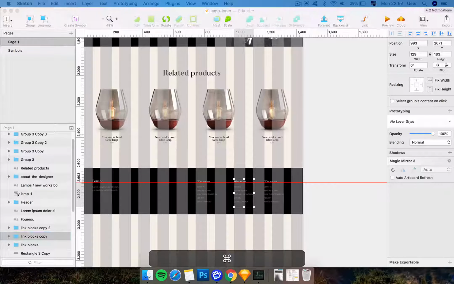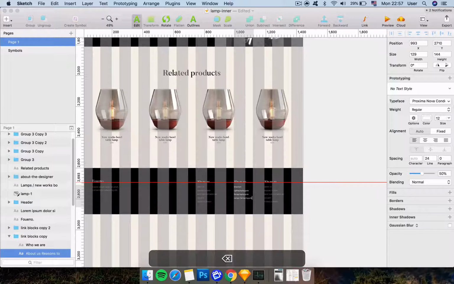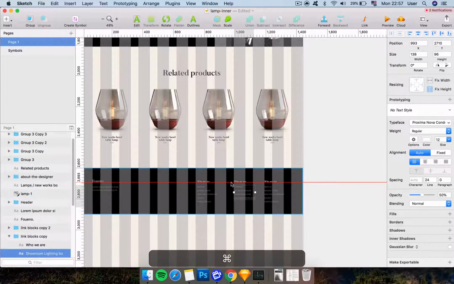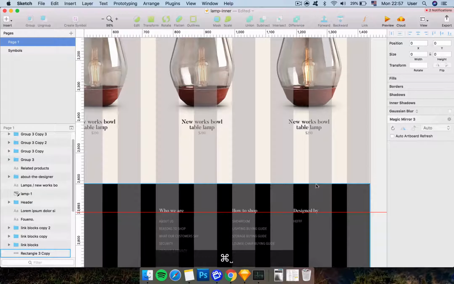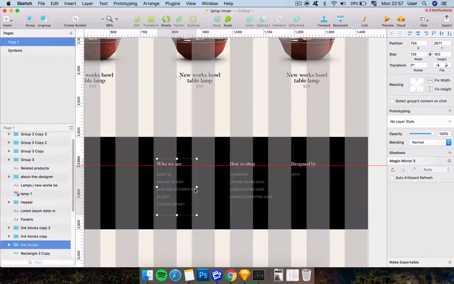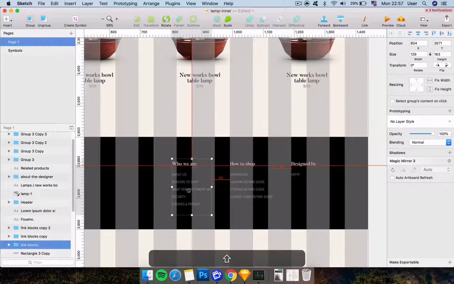Okay, let's have the copyright and then we'll figure out how to display them. This is how to shop. And this one should be designed by. That's cool. And let's